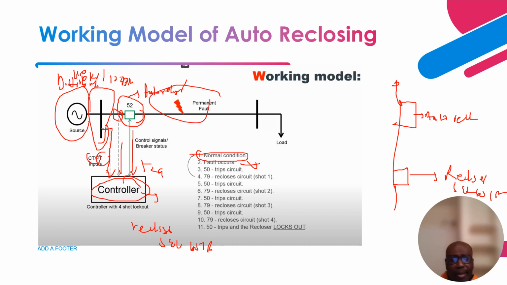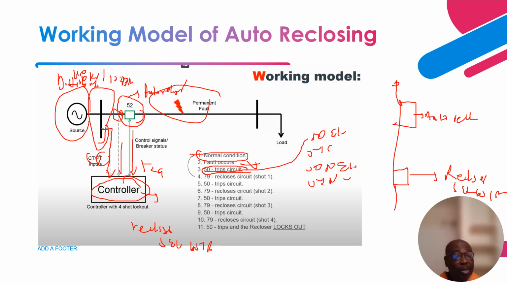Once the fault occurs, the 50 element trips the circuit. This recloser has 50 and 51 elements, 50N and 51N elements,